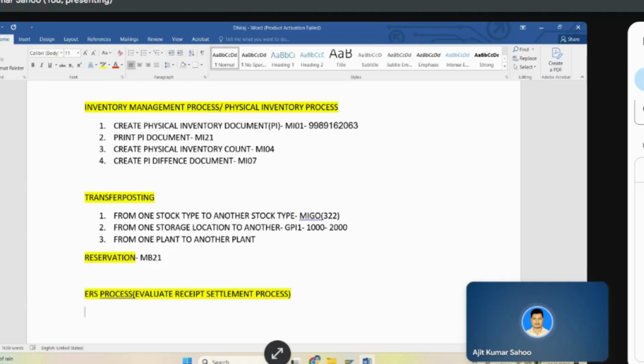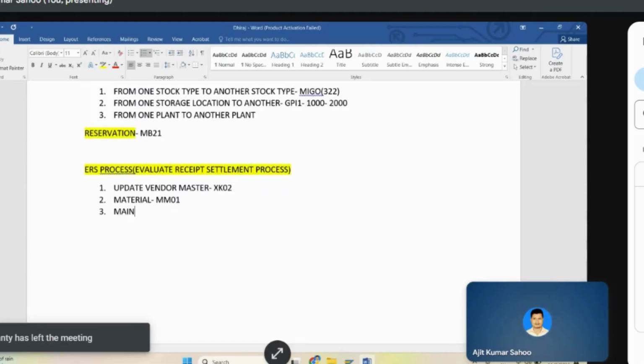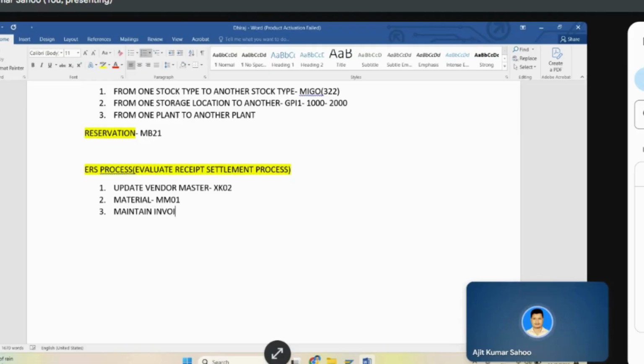So how will it happen? For this process you need to update the vendor master first. How can you change that? You can go for XK02 to change the vendor master, and a material is required to purchase, so MM01 to create the material master, and then after we have to maintain the invoice condition record for the ERS process, that T code is MRM1,